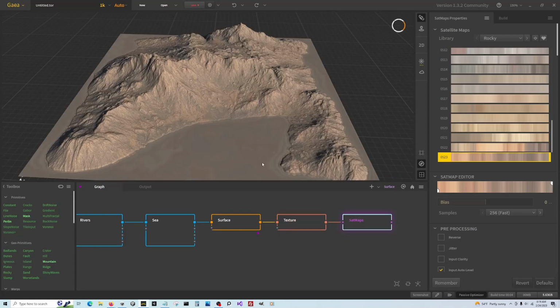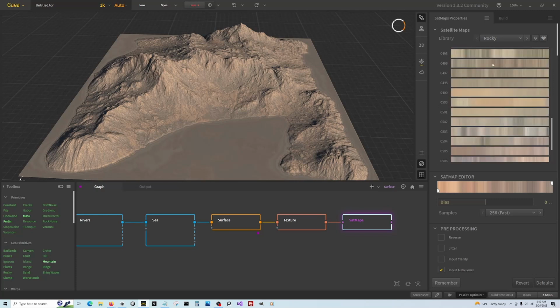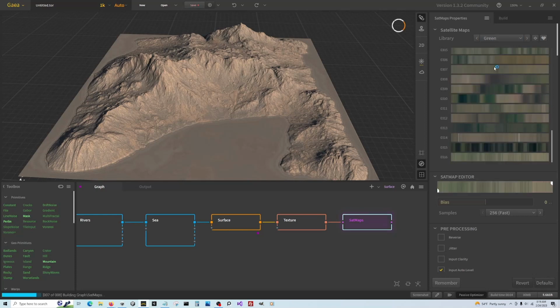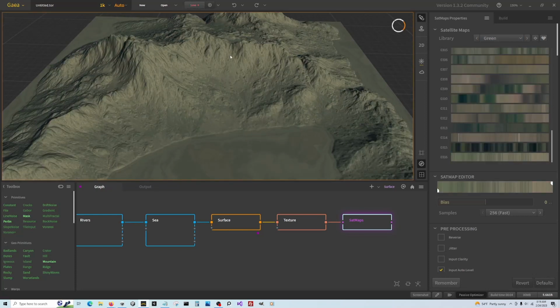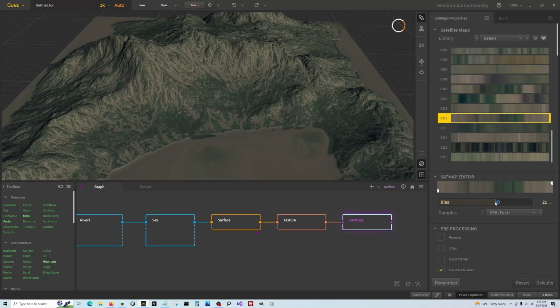And whatever biome you're wanting to recreate, there's some that could emulate snow, or here's kind of a desert badlands area. I'm going to choose a green palette, and what I'm looking for is a little bit deeper green, but also that the rock protrusions have a rock-like texture. So we're clicking through here and we're going to look for one that's getting there. If you've got one that's close but it's a little off still, you can adjust the bias and it might give you